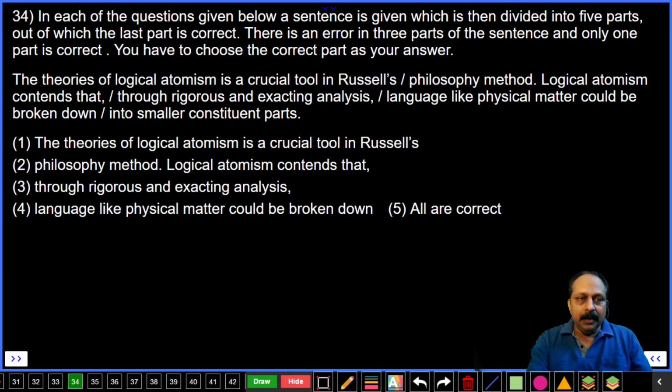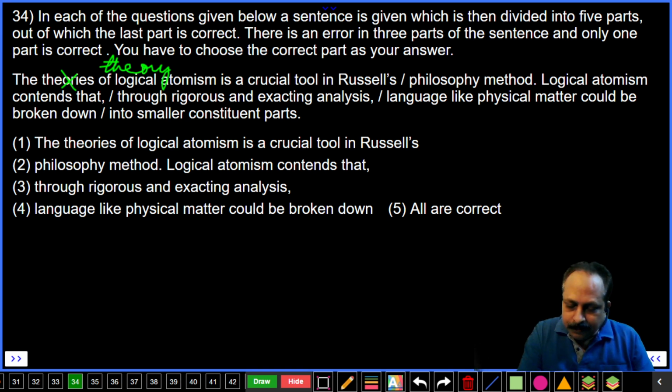34. The theories of logical atomism. This is very tough. It is not theories, the theory. It should be singular. The theory of logical atomism is a crucial tool in Bertrand Russell's philosophy method. It should be philosophical. Philosophy, there is no problem. Logical atomism contends that through rigorous and exacting analysis,